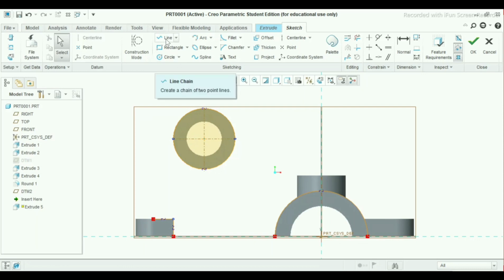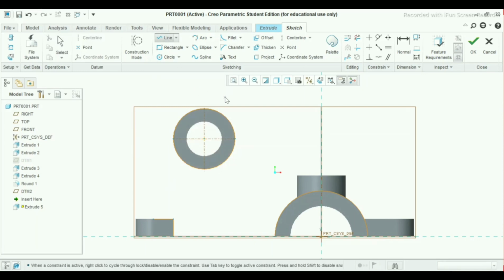Now go to line command. Select this point. Make the sketch here.